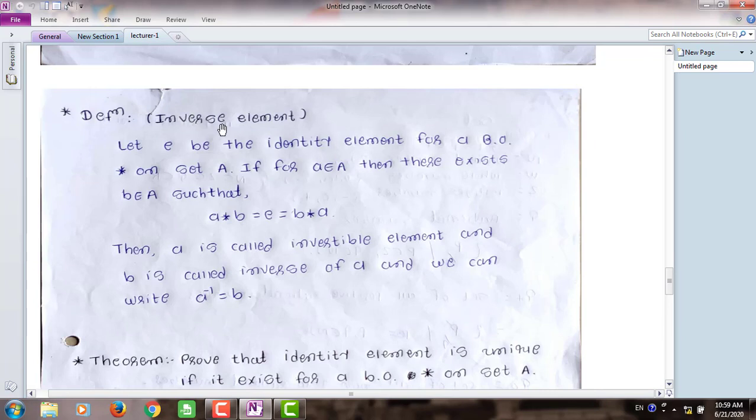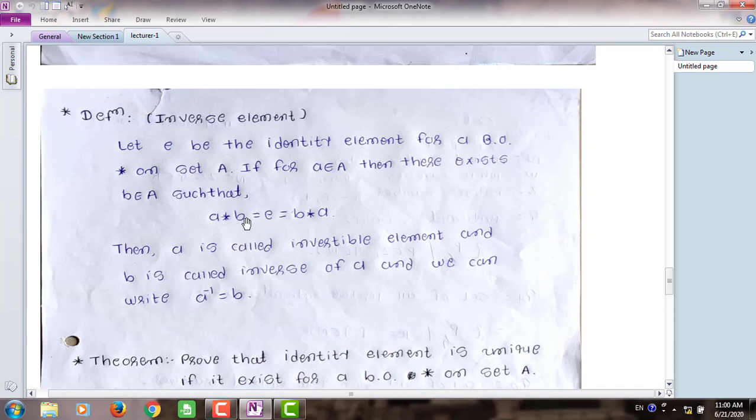Next is the definition of an inverse element. Let E be the identity element for a binary operation star on set A. If for A belonging to A, there exists B belonging to A such that A star B is equal to E or B star A is equal to E,